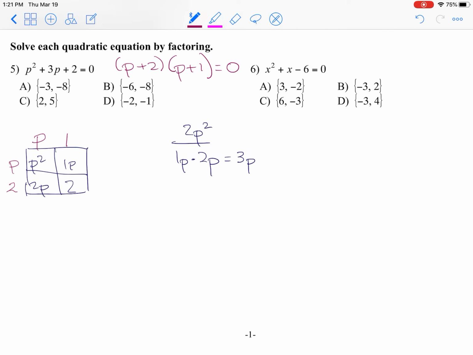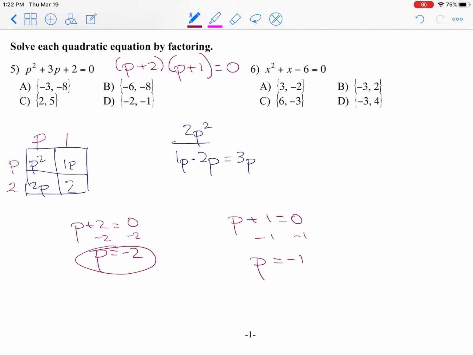So now, as we did before, we can use our zero product property that says one of those has to be equal to 0. So we set each of those individually equal to 0, and we solve for our variable. P plus 2 equals 0. We subtract 2 from both sides, and we get p equals negative 2. P plus 1 equals 0. We subtract 1 from both sides, and we get p equals negative 1. And so then we look for our answer choice that has negative 2 and negative 1, and that would be